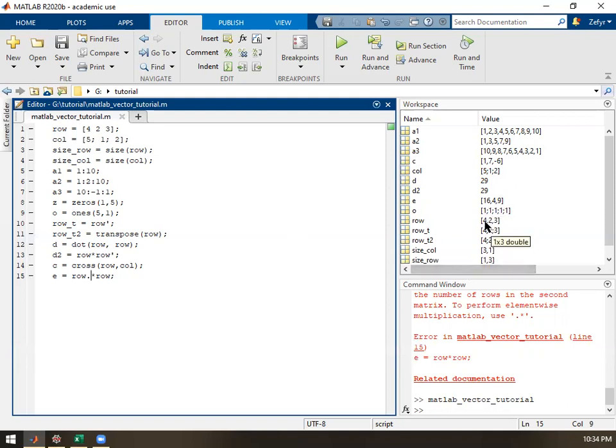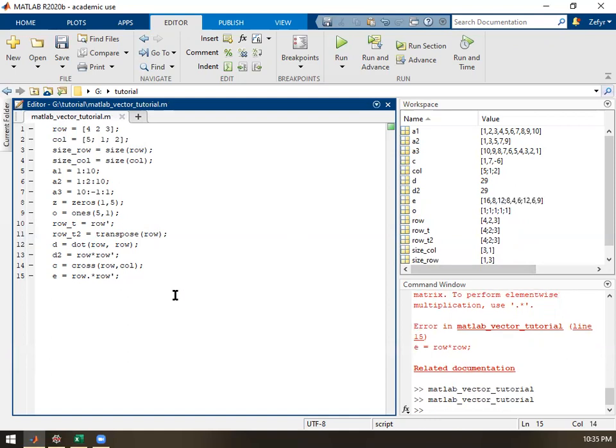And sure enough, 4 times 4 is 16. 2 times 2 is 4. 3 times 3 is 9. This is operating element-wise, and that's exactly what we want. And again, just keeping track of things, if we were to do row dot period times row asterisk, just to make sure you have a sense of what will happen with these things, you will go ahead and get a result,